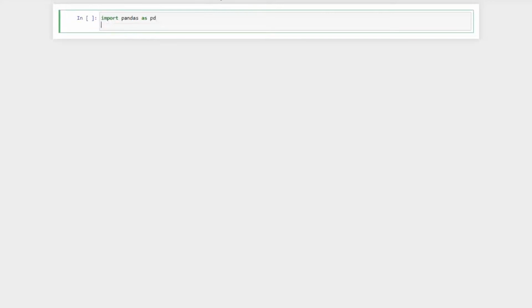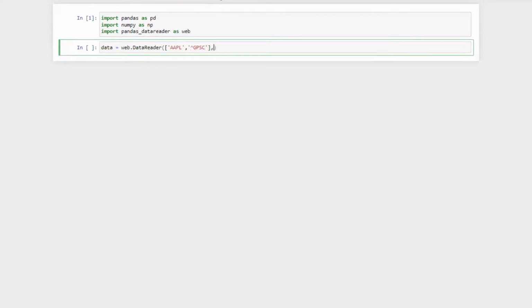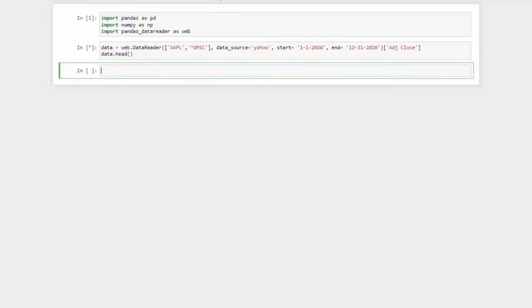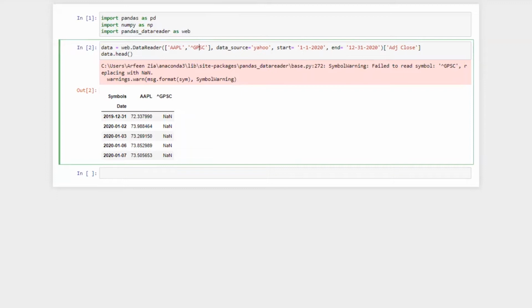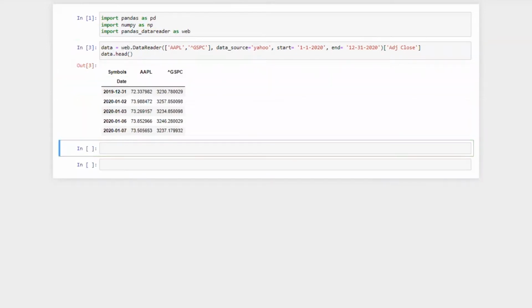So let's start. First, we are going to import library. All right, so this is ^GSPC. Okay, perfect. Now, before we start, I'm going to show you the formula of M squared, which is